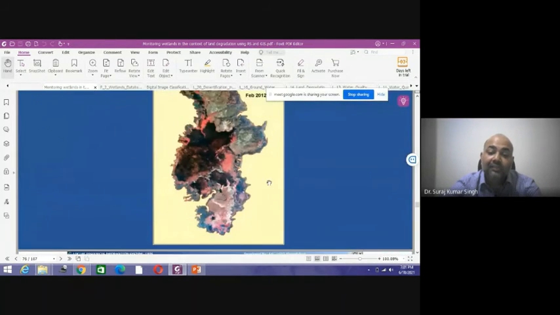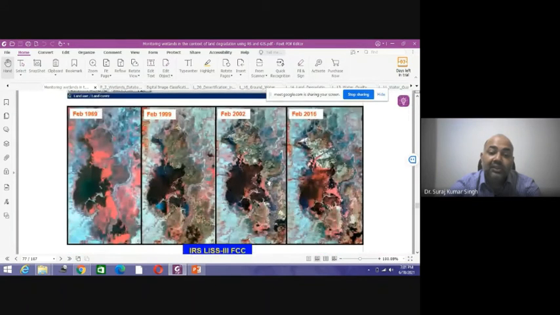So you can see what the changes are over the decades in the area, whether the wetland is increasing or decreasing. You can have a real-time analysis. This is a standard false color composite showing the wetland from 1989 to 2006. We can clearly see that the volume is gradually decreasing, which is on the negative side, and most of the part is being encroached upon for agricultural practices.